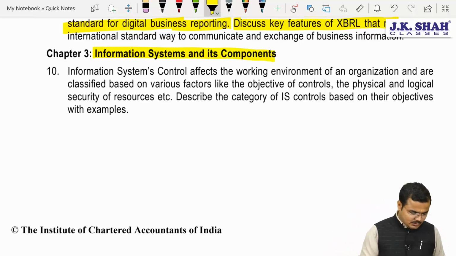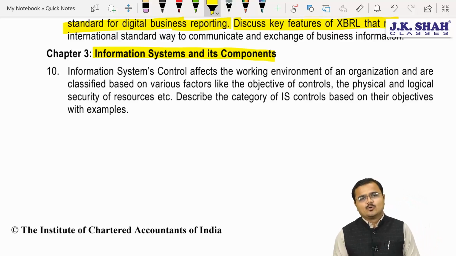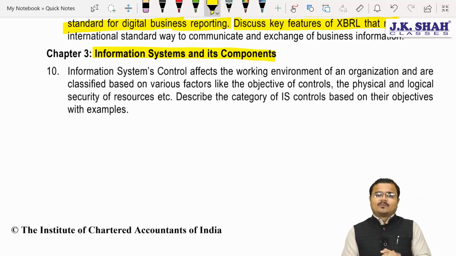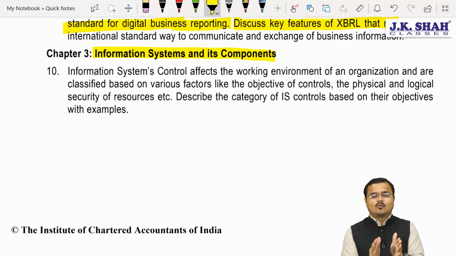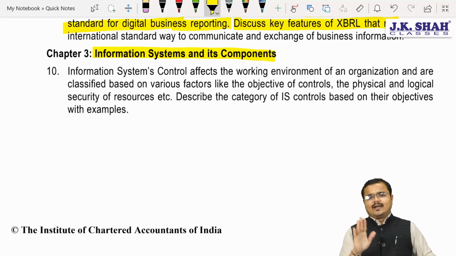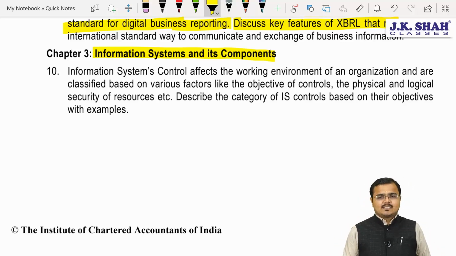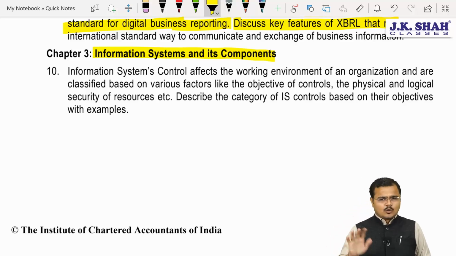Before we pursue the next concept, let me tell you something. For May 22 chartered, the Institute has given a few amendments, but these amendments are restricted only to chapter number 3, chapter number 4 and chapter number 5. Chapter number 1 and chapter number 2 as such have no amendment at all. Agree? Yes sir. So let us continue over here in chapter number 3 now. Don't worry about it, amendments are already covered, okay?